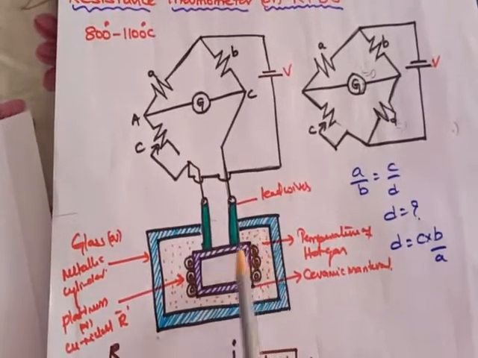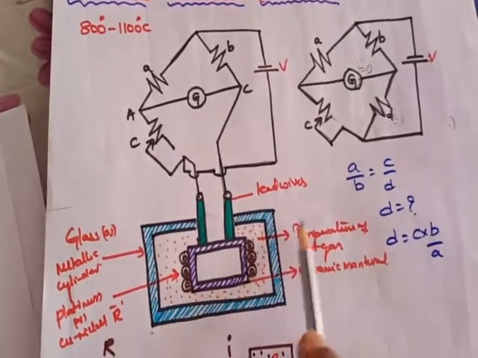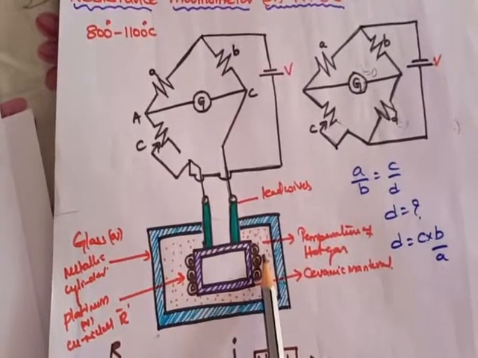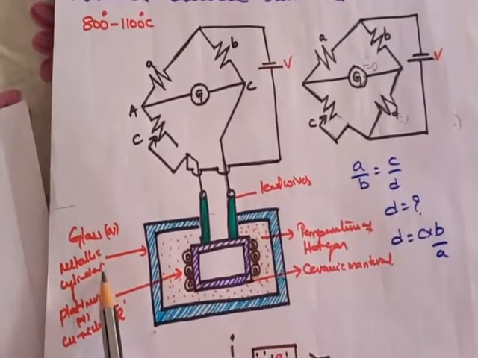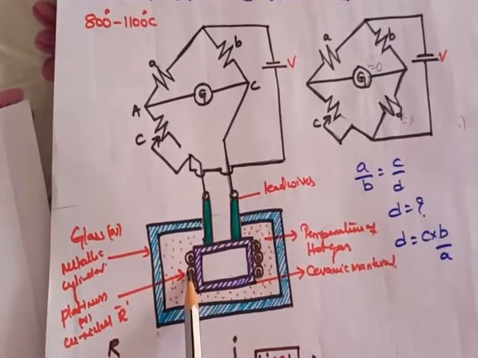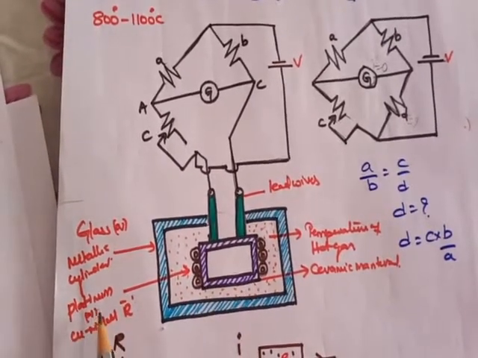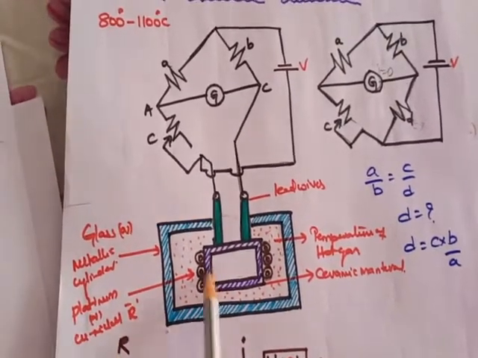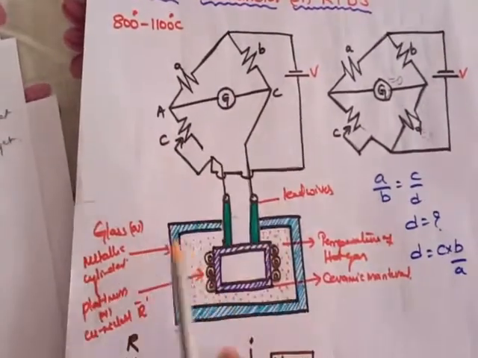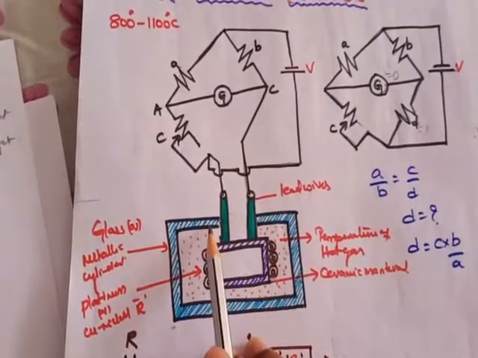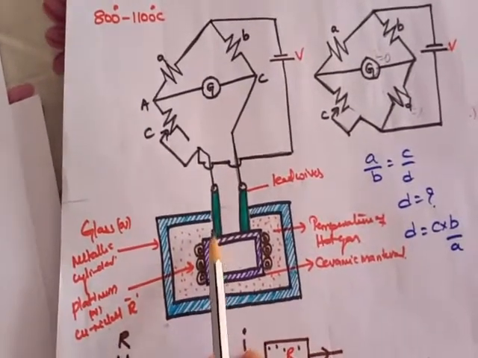These dotted particles we assume as the hot gas whose temperature has to be measured, and this whole thing is enclosed in a glass or metallic cylinder. The resistance wire we are using is generally platinum or copper nickel, because they are less reactive. So this is how the diagram shows the resistance thermometer. Now let us see the working principle.